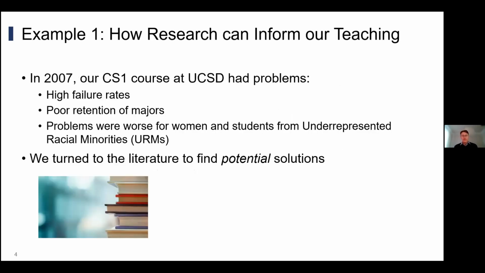All right, so first example starts with a problem we had in our classes. At UCSD in 2007, our CS1 course for non-majors had some pretty serious problems. It had fairly high fail rates in the range of about 25%. It had poor retention of our majors. We didn't actually know how bad things were at the time, but we later learned this through part of our research and found out that we were losing roughly half of our students who intended to major in computer science